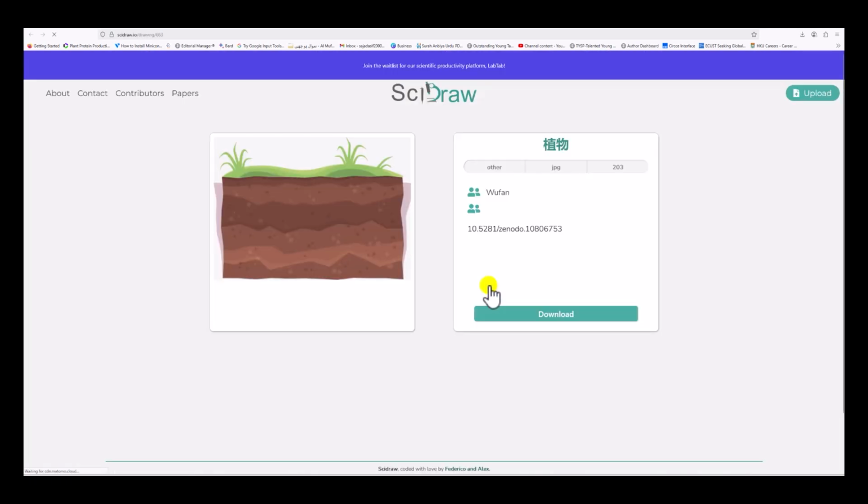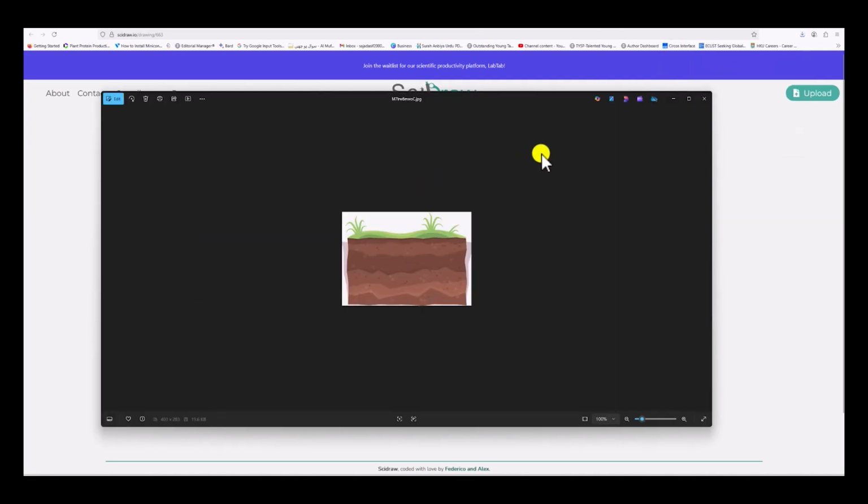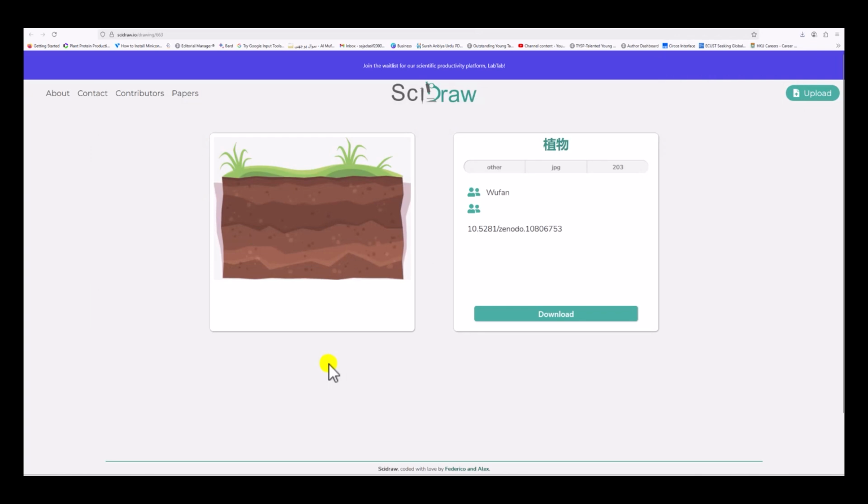So I think you should search one by one, or in any other way. Then you can download this image, which shows the soil and some plants. So you can download these icons and illustrations very easily from Sidra as well.